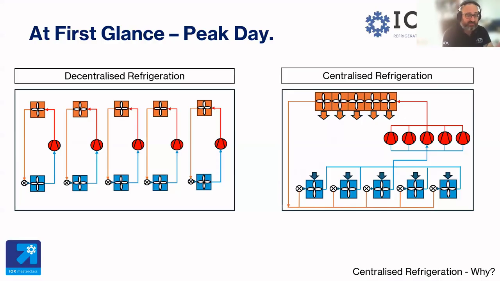But we need to consider that peak day conditions might only occur for a few hours a year, with the vast majority of the year being below peak day. Product throughput might only happen during Christmas, for example, and average demand and average other peaks being much lower, like the August bank holiday, for example. And the peak climatic conditions, again, will occur only fleetingly. And let's have a look at this.